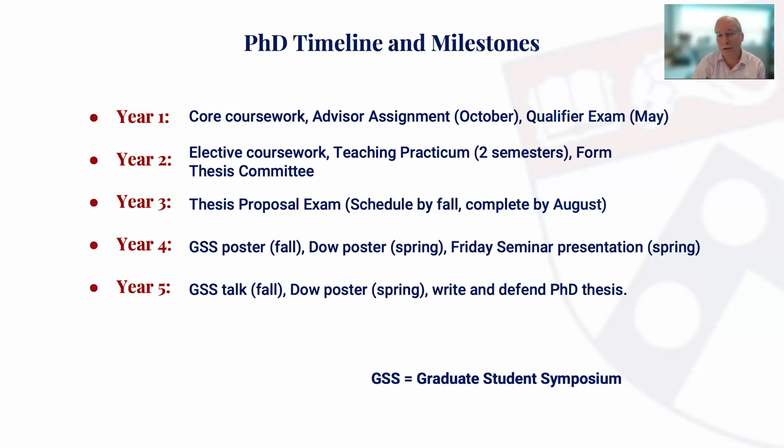In year 2, you're finishing elective coursework. You're being a TA with your teaching practicum, and you form a thesis committee. Year 3, you have to do something called a thesis proposal exam, which is when you pretty much have decided what your thesis is going to look like, so that you can then spend the next 2.5 years making it